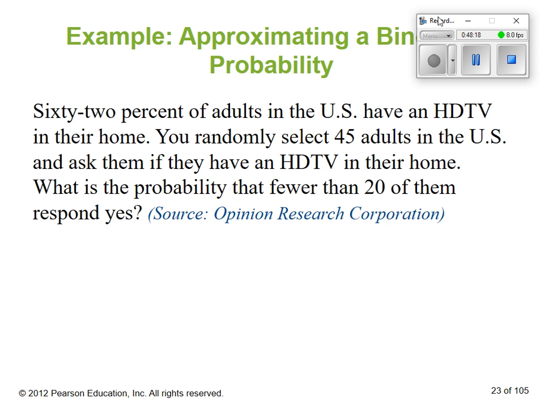See if we can do this, because I was trying to do this problem and I don't think it was working out right on my calculator, so we'll see if we can figure it out. 62% of adults in the U.S. have an HD TV in their home. You randomly select 45. So our P,